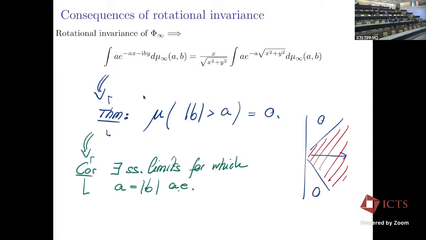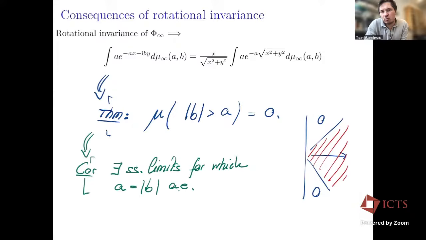I have one. So you said that there exist subsequential limits for which A is equal to B almost everywhere, and these are the Gaussian ones. I'm just slightly confused. So then you could have subsequential limits which are really inside the interior, and you have non-Gaussian ones. Yeah, so I don't have the formula here, but for a very long time, we thought